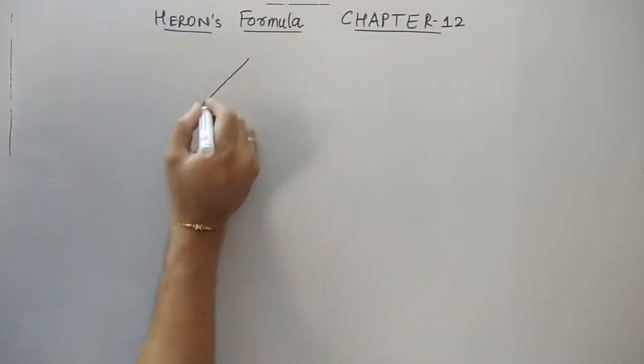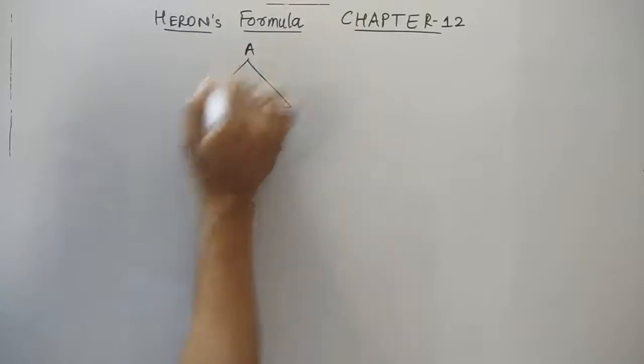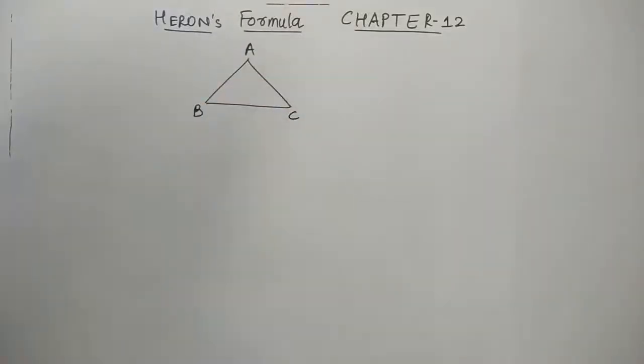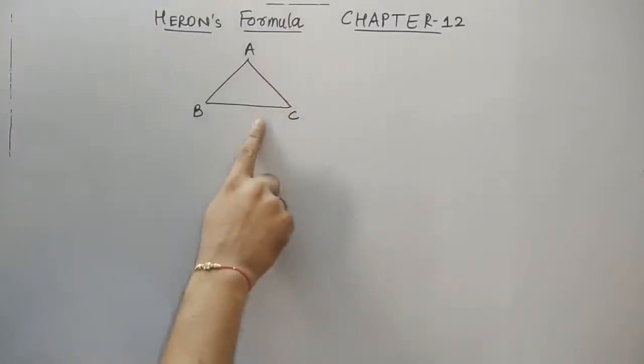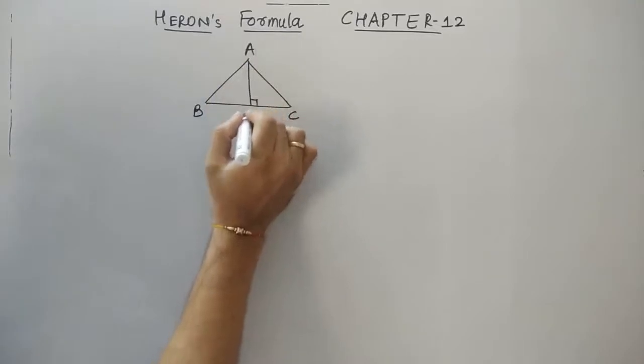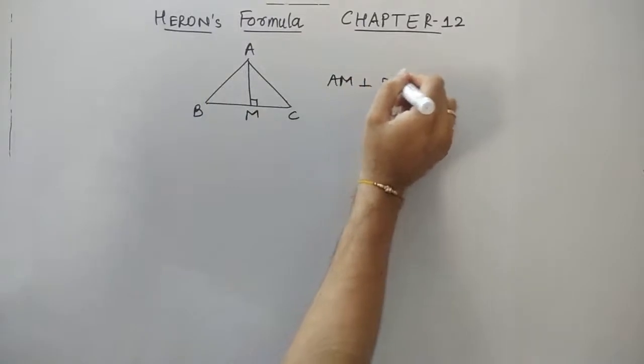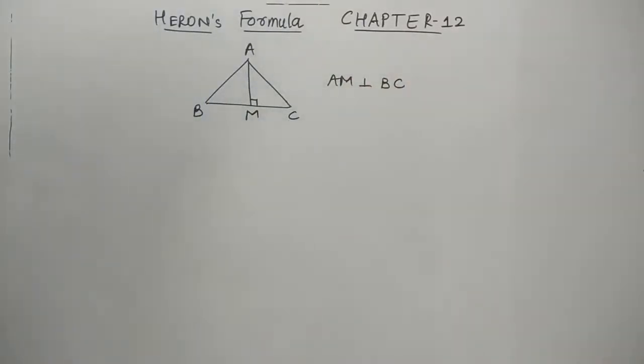If I draw the shape, you must identify that it is a triangle. We know that there are three types of triangle on the basis of the sides. We can say equilateral, where all the three sides are the same; isosceles, where any two sides are the same; and scalene. Now if I do the sum of all the sides, called perimeter, and if I construct an altitude from any of the vertex to its opposite side, we can say AM is perpendicular to BC. So AM is an altitude.